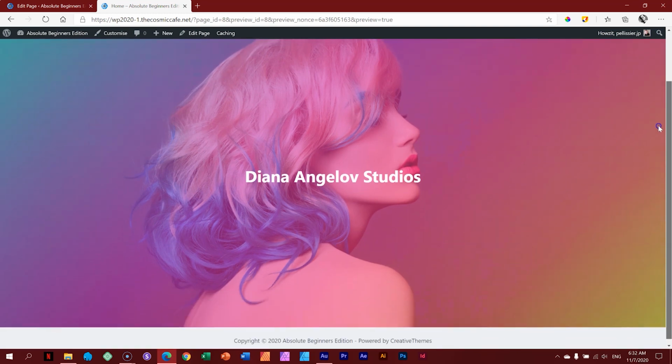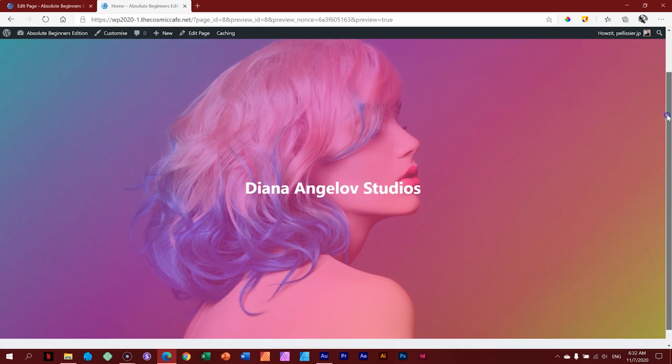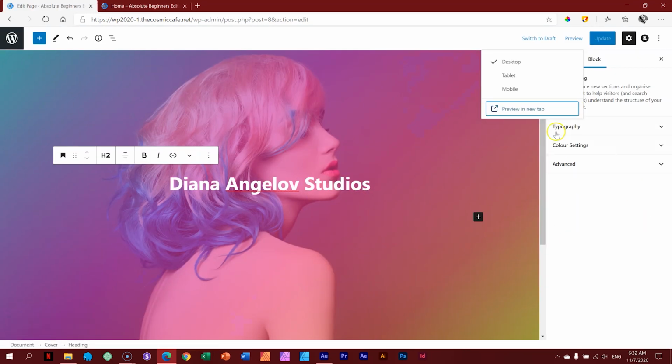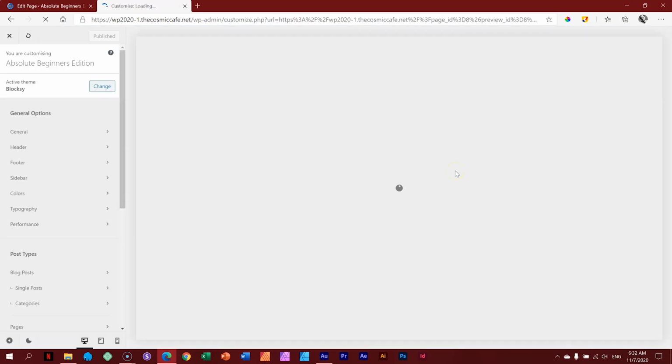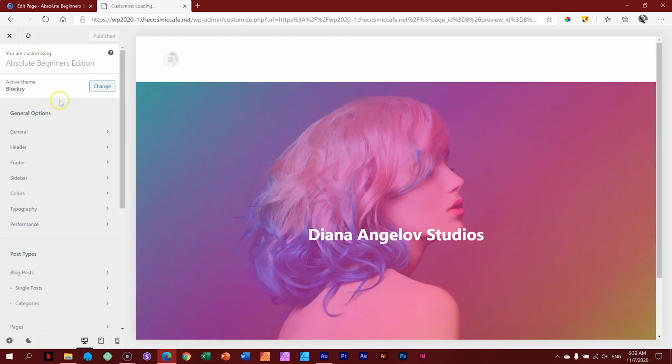And there we go. I'm still bothered here by what I'm seeing because I don't like this font, but I don't see where I can change the font here. The font you are going to change in the Theme Customizer. Go back to the front end, and you will see here in the WordPress toolbar that the option to go into the Theme Customizer is also up here. Click on that, and this will keep this page open for us, and it takes us back into the Blocksy